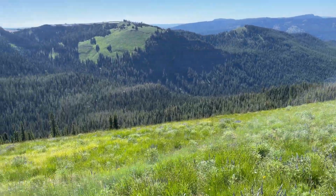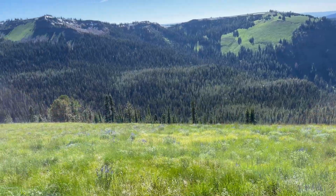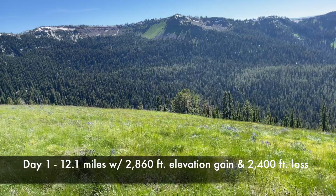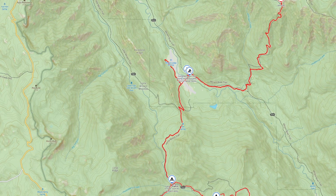And after this day and this crazy terrain and crazy trail, we decided to do a different type of hike. The next day, we hiked from our campsite down to the main Horse Ranch Trail. The Horse Ranch Trail, after this Jim White Ridge Trail, was so well maintained. We had 0 blowdowns for the rest of the way, all the way to where we cut over to Minam